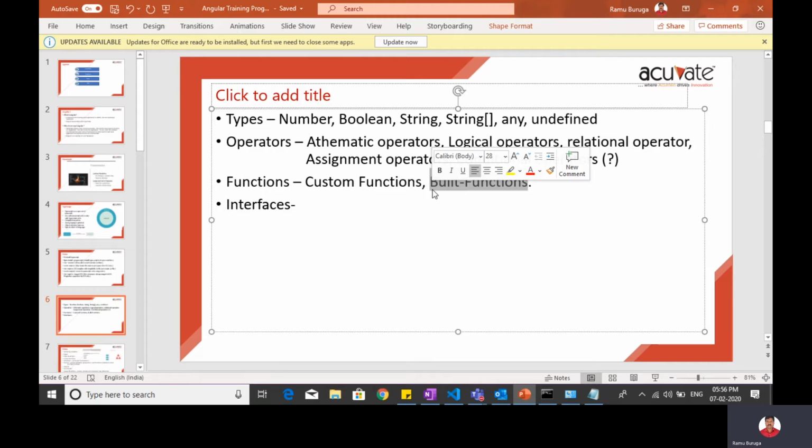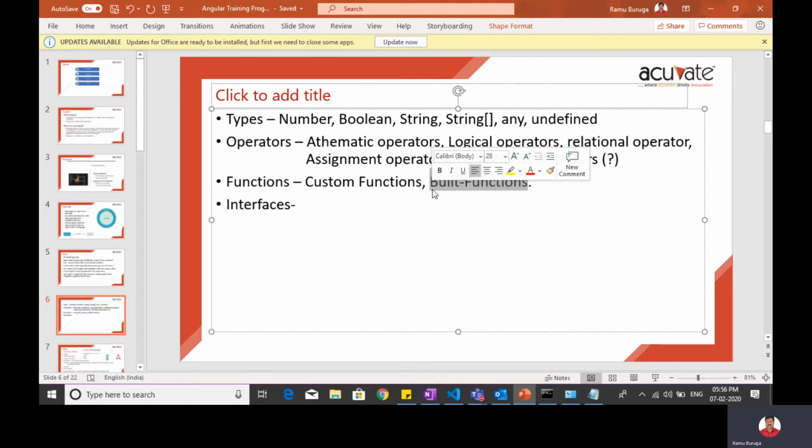What is the use of a function? Reusability, right? And also to do a specific task. That business logic we can create as one function, and we can reuse that code which we have written.